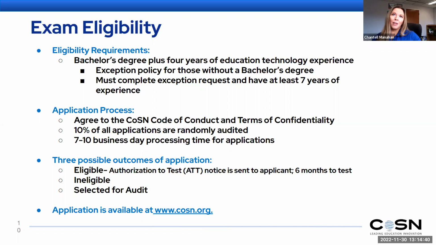You might be ineligible, but don't think that that's necessarily a hard stop, because it might be that COSIN needs some more information to change that status. Or maybe it looks like, well, you only have the bachelor's degree plus 2 years of ed tech experience. So can you tell us a little bit more about how you maybe have some experience that you didn't tell us firsthand, or maybe you just need to wait another year?